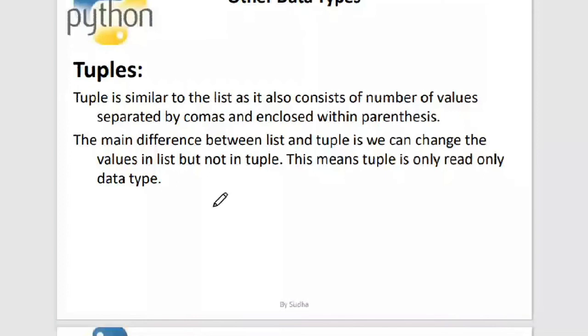The elements are put inside the parentheses, separated by commas. And the difference between lists and tuples is that tuples are immutable. They are similar to your strings, they cannot be changed. So tuple is a read-only data type. Here list is a mutable one, tuple is an immutable one, string is an immutable one. Okay, so are dictionaries mutable or immutable? Mutable, ma'am.